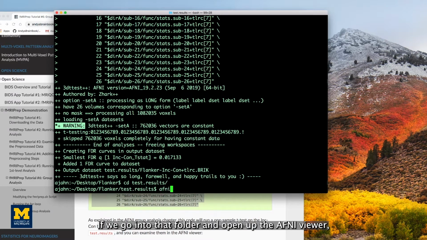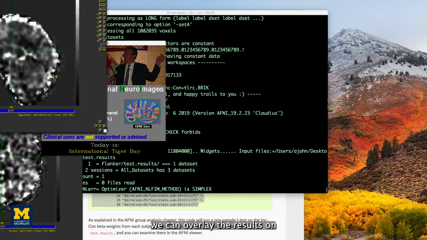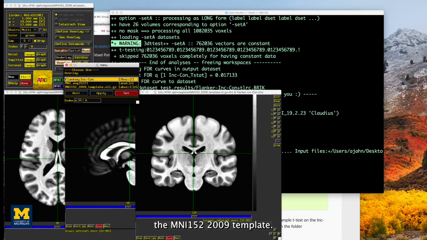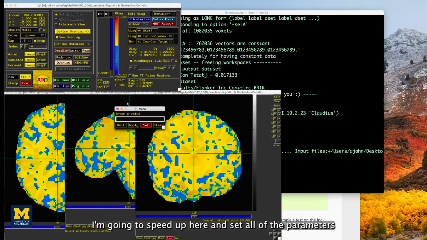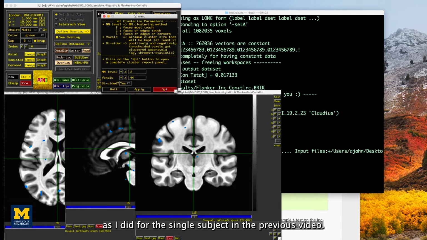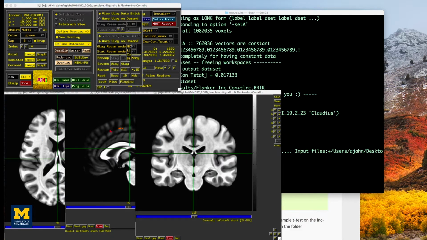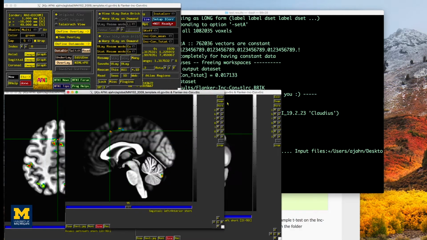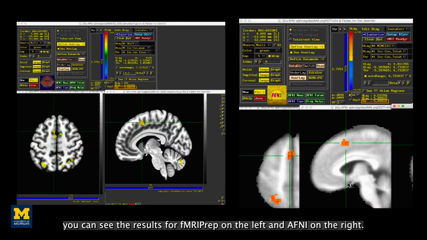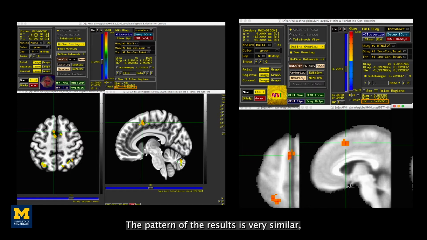If we go into that folder and open up the AFNI viewer, we can overlay the results on the MNI 152 2009 template. I'm going to speed up here and set all of the parameters as I did for the single subject in the previous video. Using the same thresholding, you can see the results for fMRIprep on the left and AFNI on the right. The pattern of the results is very similar, and the strength of the effect is slightly stronger